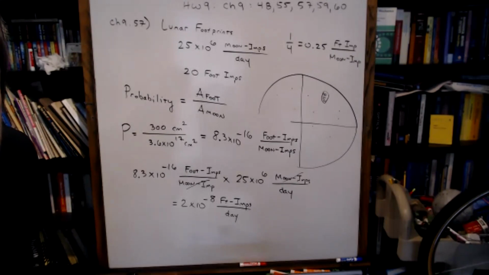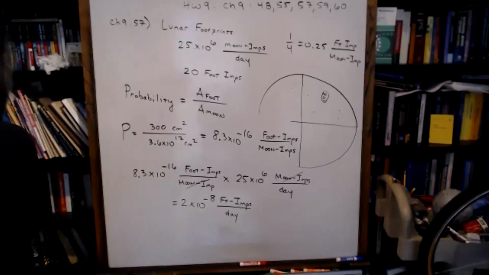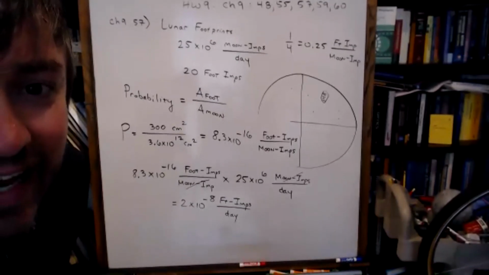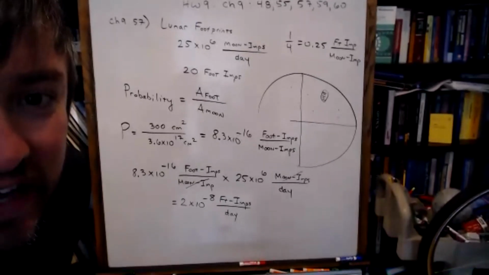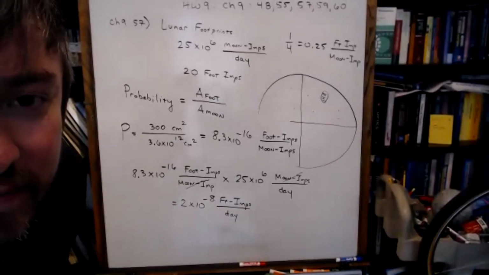So we're not even getting a whole foot impact a day, but we have to get that number up to 20 to see how long it would take. Yes, Kayla, you are thinking correctly. That's what I want to hear you say. In a single day, I'm not even getting one hit, am I? I'm getting 10 to the minus 8 hits, whatever that means. It's not like the micrometeorite only breaks into 10 million more pieces or something.